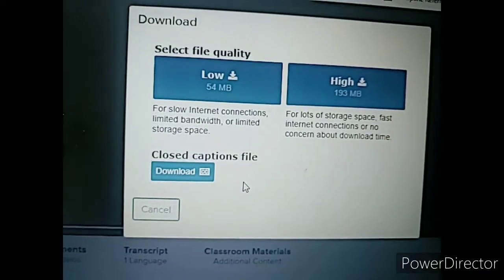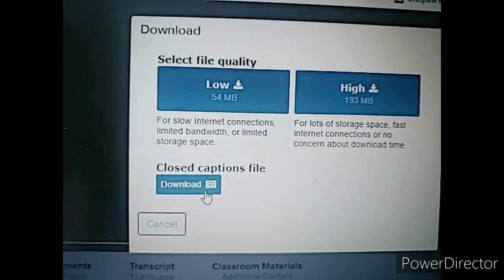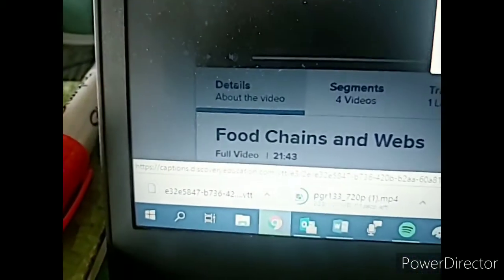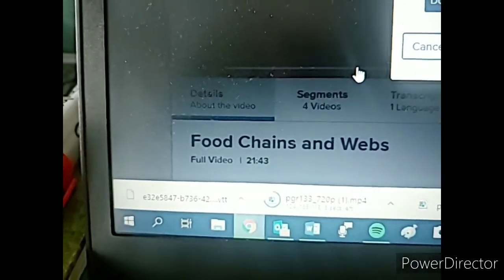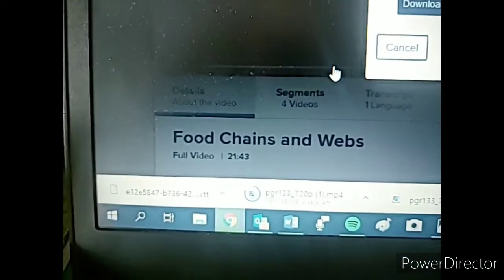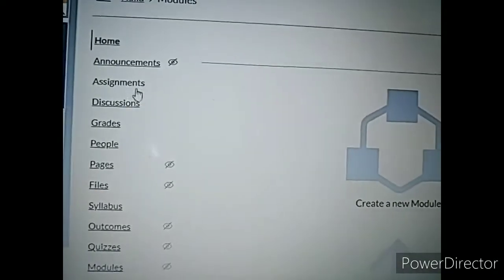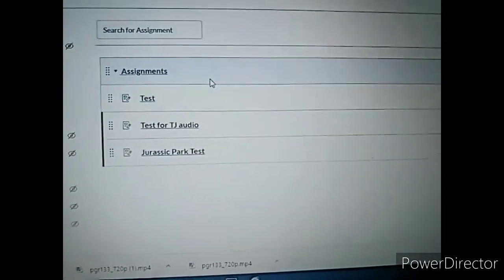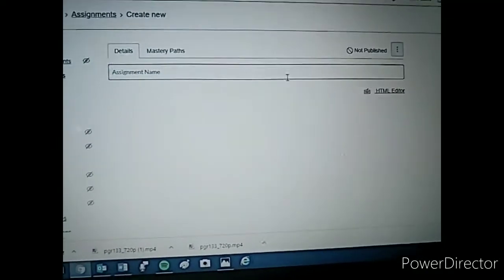As you can see, I already did this earlier. Then, this is the best part in my opinion, you can just download the closed caption file along with the video. Awesome. So now you have on your computer the visual and the closed captions, 2 separate files. Now we're going to upload it to Canvas. Okay, I'm back in Canvas. I'm going to make an assignment. I'm going to call it